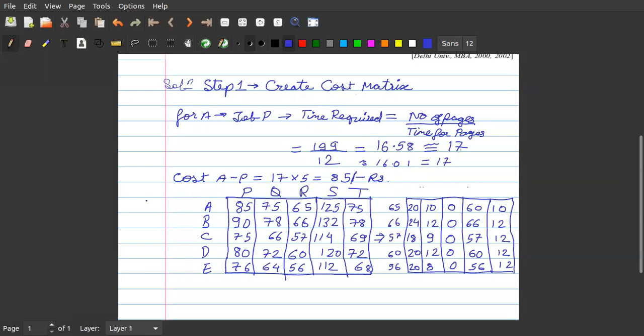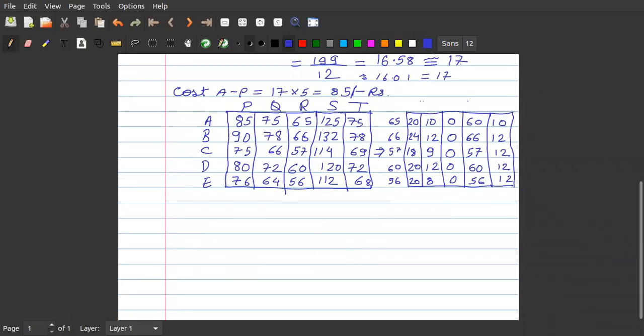Okay. So we have got a 0 in each row. But what about columns? Is there a 0 in each column? No. So then we will again perform the column operation. So performing the column operation, I'll draw a little bigger here. 1, 2, 3, 4, and this will be the 5th.